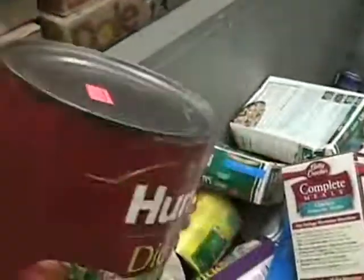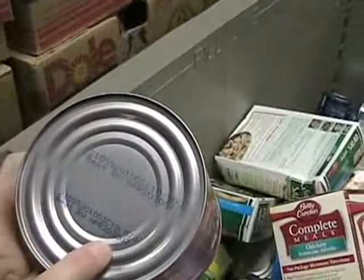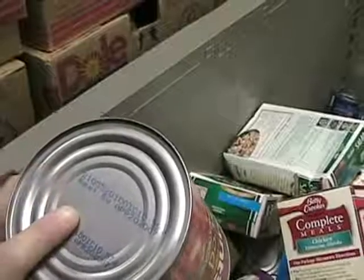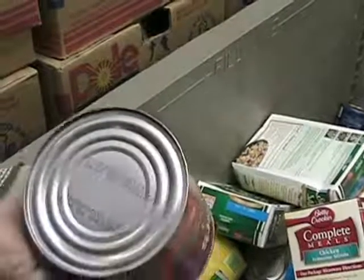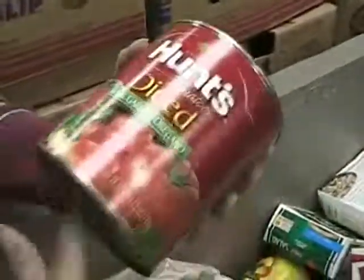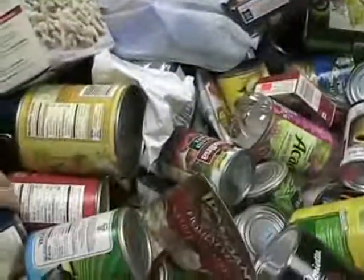By inspecting it, they make sure that there aren't any large dents on the cans, and that the expiration date is valid. This is Best Buy, April 20th of 2007. Best Buy is a lot different than Use By. Best Buy means this item will still be wholesome after this date. The only thing that may change is the texture or the taste. But it's still wholesome. And this is something that I would use after April 20th of 2007. I probably use the tomatoes afterwards. I take a little bit of a risk, personally, but...